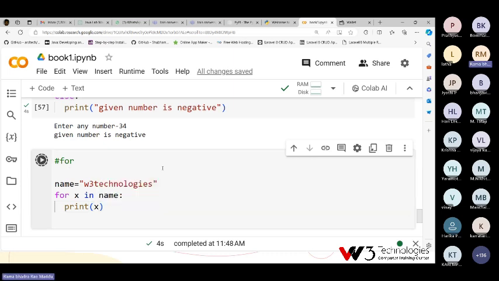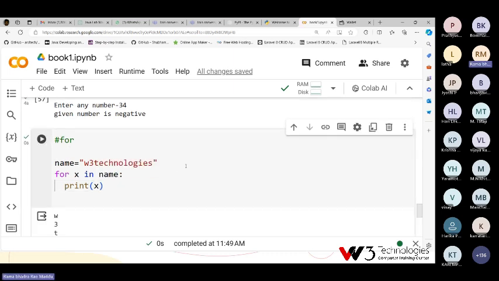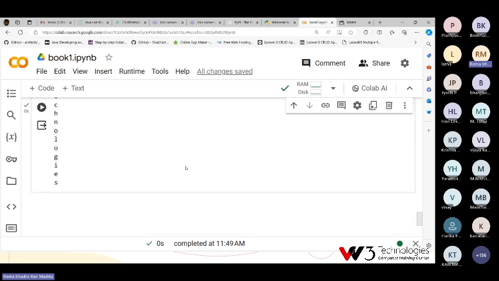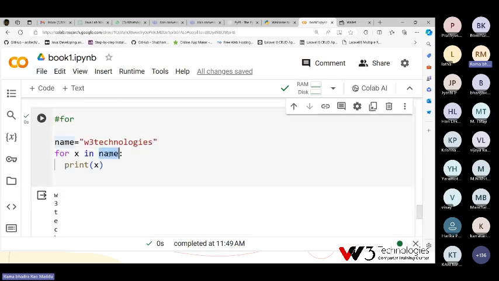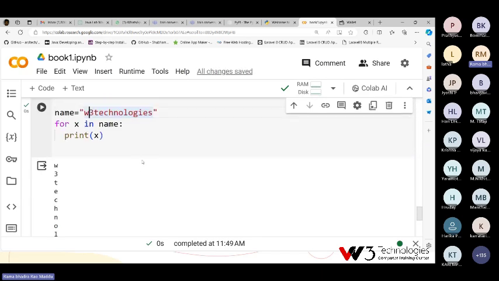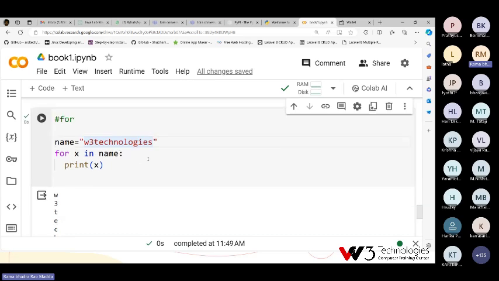It is printing one by one character. So name contains different characters. The first character is given to x, it is printing. The second character is given to x, it is printing. Like this I can print character by character by using for.